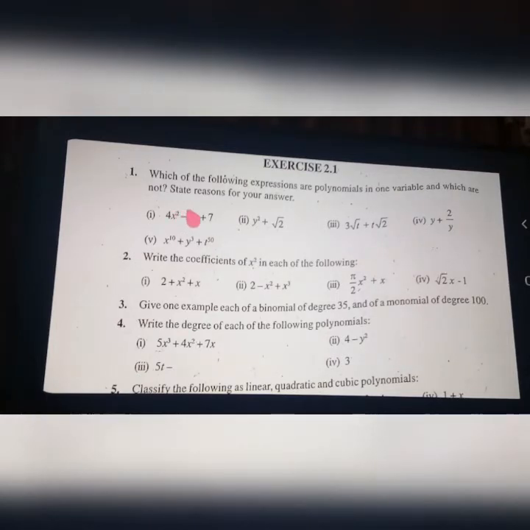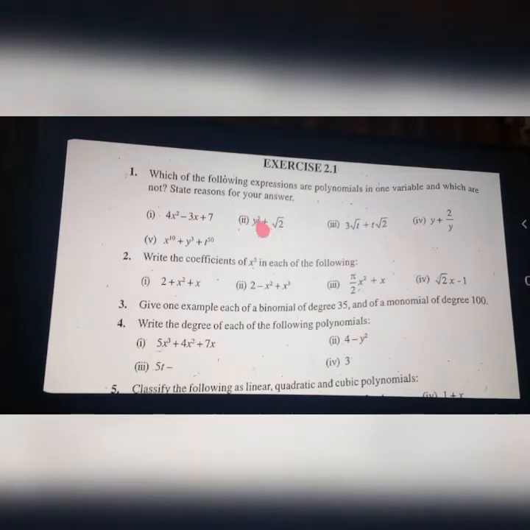Here degree 2, here degree 1, here degree 0. So it is a polynomial in one variable. Clear? And the second one, here degree 2 and here degree 0. The constant term or the coefficient, root 2, root 5 coming, no problems. But the degree should always be a non-negative integer. That is the condition. Here also, how many variables are there? Only one variable, only y is there, no other variables.